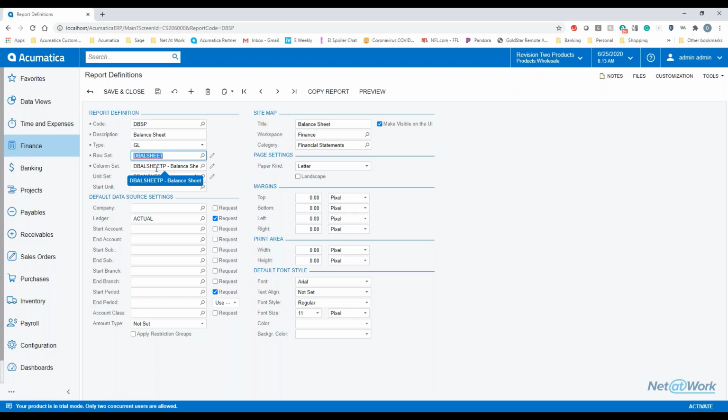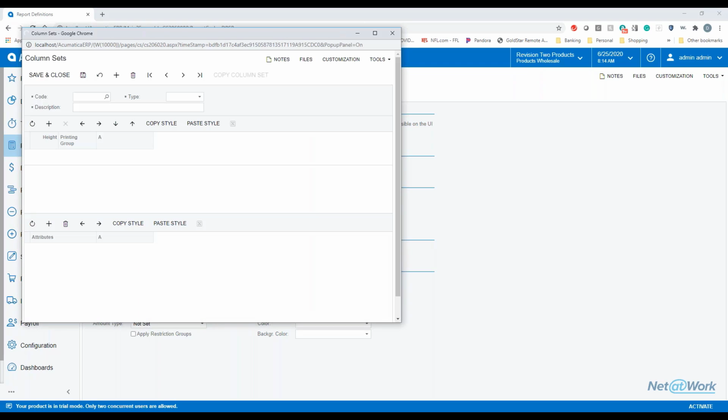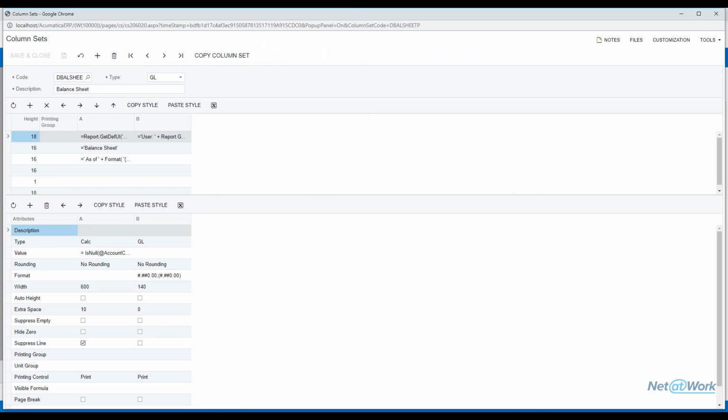You have to give some thought to that. When you get to the column set is where your creativity takes over, because this is how you decide how you want the report laid out on the paper or on the display. Okay, so here in this case, column A is going to be the descriptions,